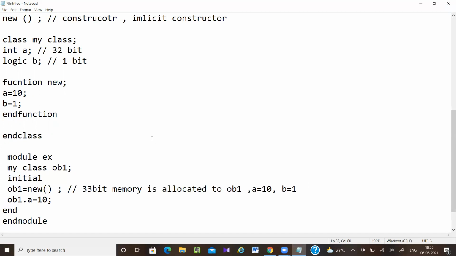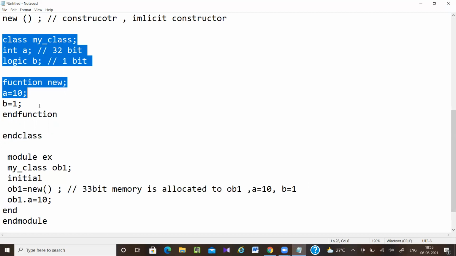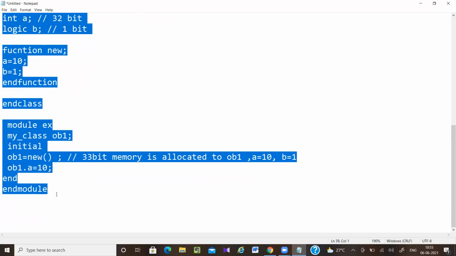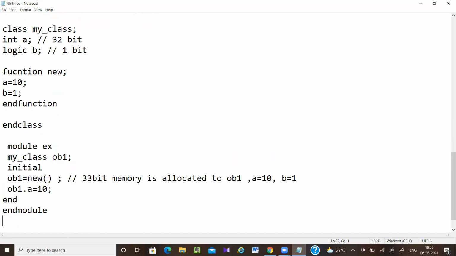Now you want to pass some arguments to the constructor, because you don't want these values to be fixed. So here you can add arguments: int a1, logic b1.